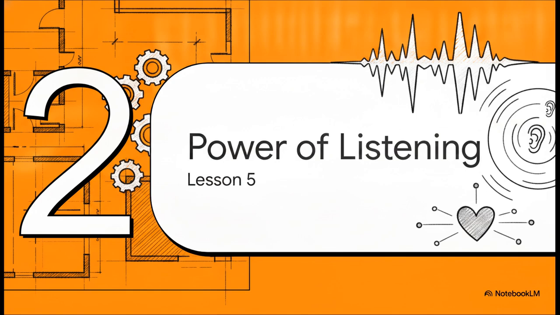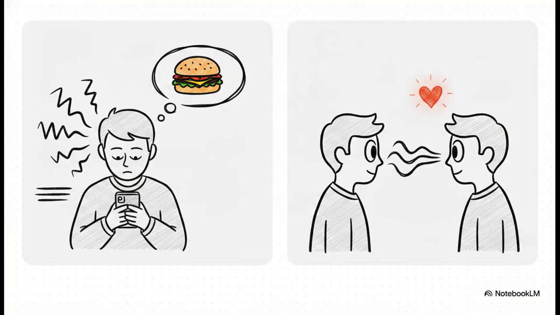Moving right along to Pillar 2, Lesson 5, The Power of Listening. Now, this is where the structural work becomes a bit more intimate, a bit more internal. The curriculum makes a really stark contrast here between passive hearing and active listening. Passive listening is merely hearing the words someone is saying. Maybe you're checking your phone, maybe you're thinking about what you want to eat for dinner later. But active listening, as defined by the text, means actively paying attention. It means actually looking at the person speaking, and this is absolutely crucial, not interrupting them.